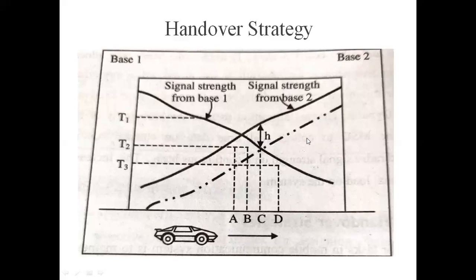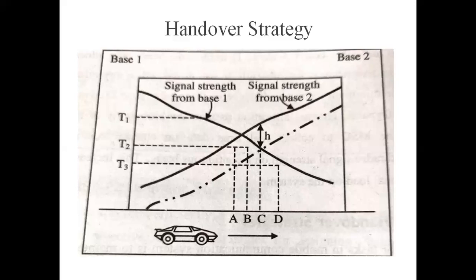Relative signal strength with a threshold allows a user to hand over if and only if the signal strength from the serving base station becomes smaller than some threshold value. This threshold value is the predetermined value at which the call may be terminated. The effect of the threshold depends on its value compared to the signal strengths of the two base stations at the point at which they are equal.